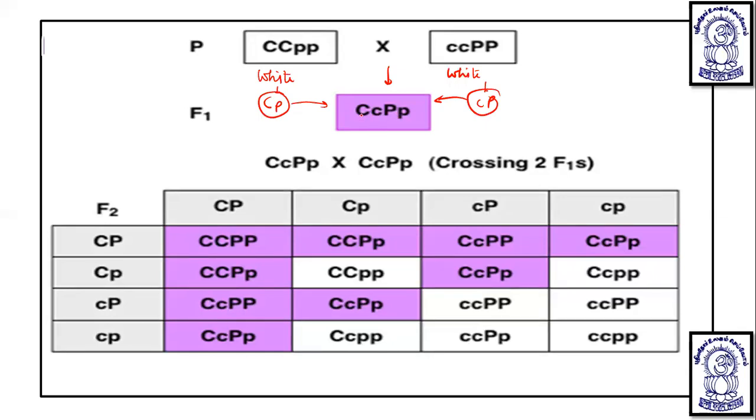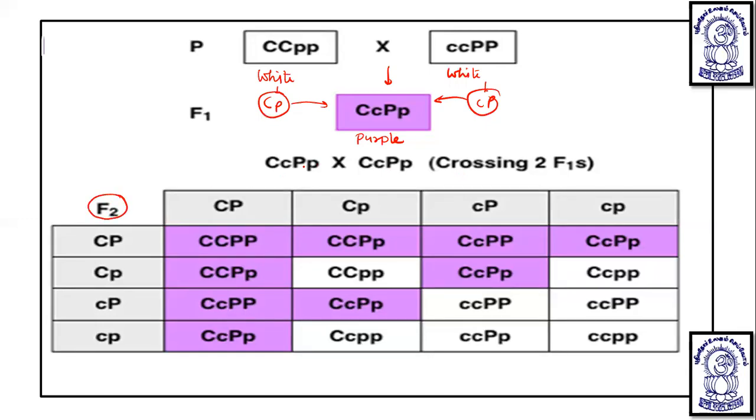Now C is dominant in heterozygous and P is dominant in heterozygous. Both genes are dominant, so they are able to show the dominant trait. It means if capital C is there, then enzyme C will be produced and the chromogen will be synthesized. Further, the P gene is dominant, so the anthocyanin will be produced, and when anthocyanin is produced, it gives a purple color. So what is the phenotype of this? Purple.